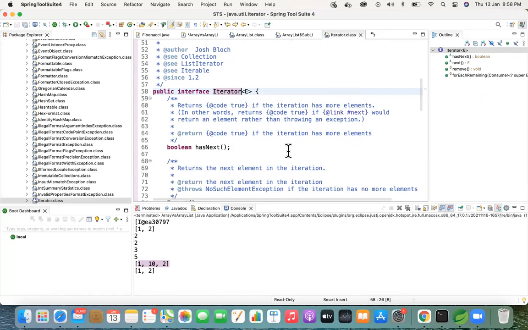Within the angle bracket, there's something called E. What does that represent? It represents the element, the type of element you're going to iterate on. It can be a string, or a specific customized object, or a wrapper class. It can be any type of data. So in generics, if you want to represent any data type that is going to come in the return type of your function, we represent that with the E notation.